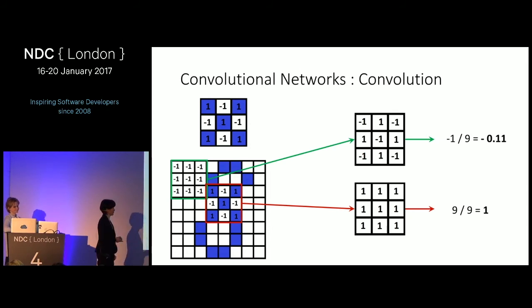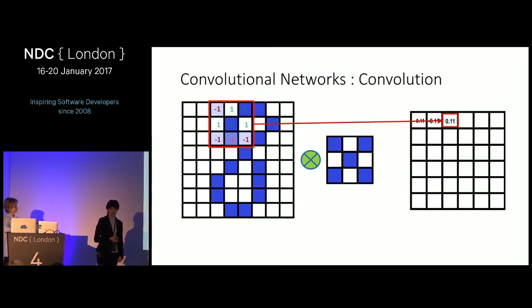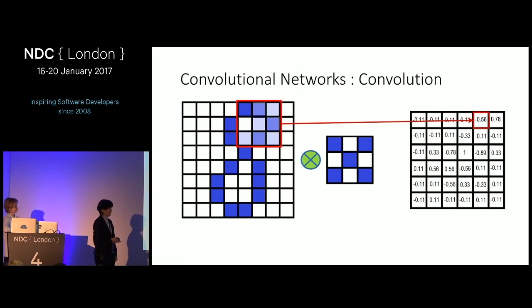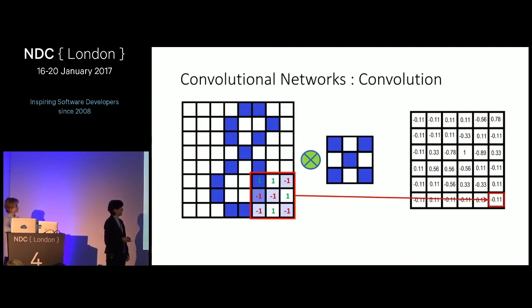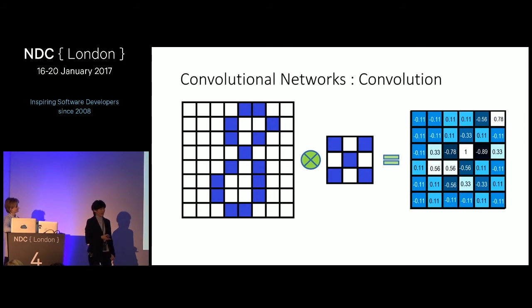Let's do convolution. We start from the top left corner, and we slide an imaginary window along the image until we cover it all. What we get is an array. And that array shows us where on the image our feature matches best. For intuitive understanding, we color-code it, with white being 1 and the best match, and -1 being darkest and the worst match. So this is a feature map.